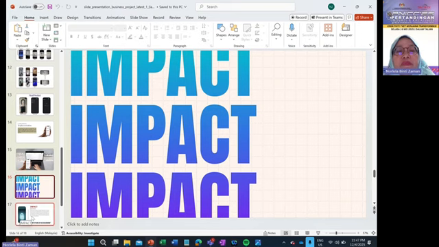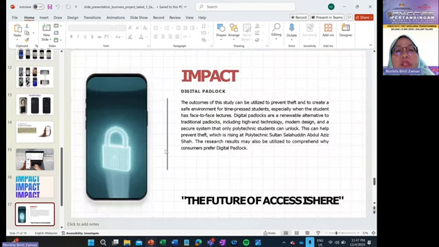The impact of the product: the impact of the digital padlock. The outcome of the study can be utilized to prevent theft and to create a safe environment for time-pressed students, especially when the students have face-to-face lectures.